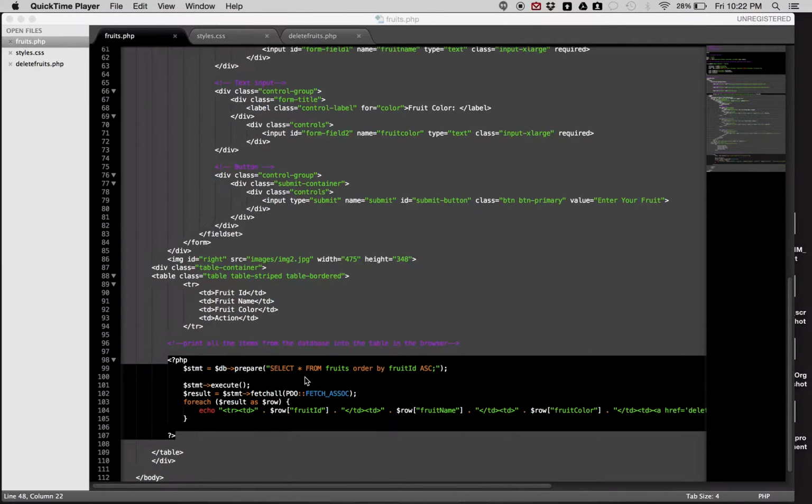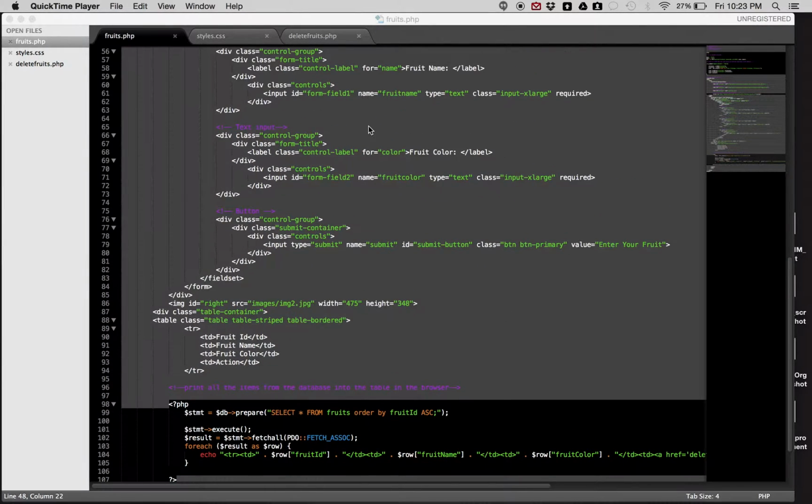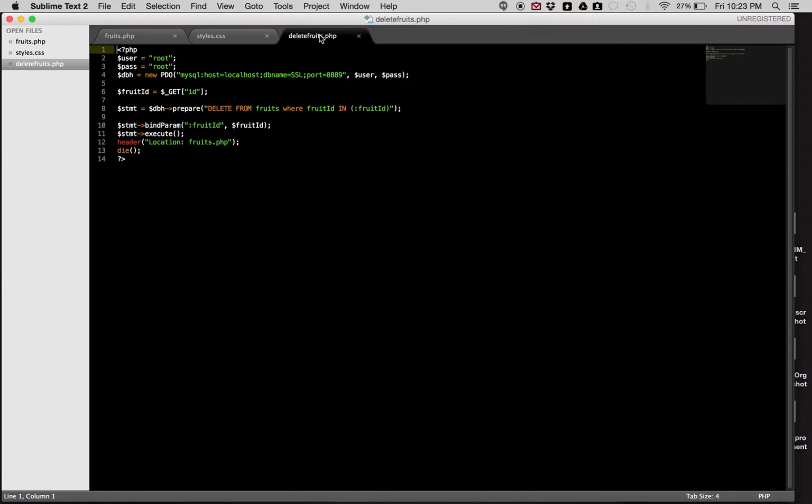And then here's the second portion of the PHP. Sorry. We're going to select from the fruits, but the fruit ID ascendingly, and then we're going to print all of that out into the table. I also did the delete. Again, set up the